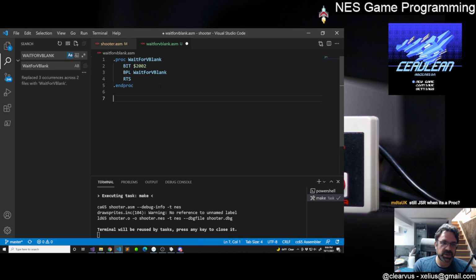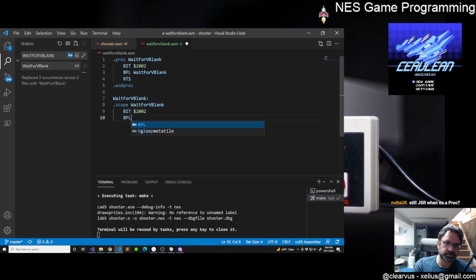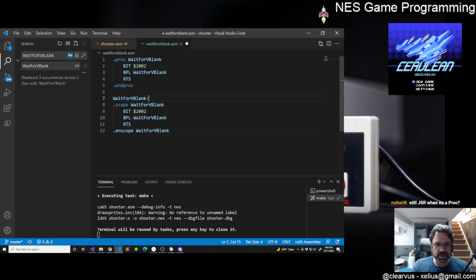What this does is CA65 treats this as wait for v blank colon scope wait for v blank. Then you get your code, right? Then it ends the scope. So it's just like a shortcut way of writing this, and it encloses everything in scopes. So it saves lines, and then you don't have to remember to put things into scopes yourself, so you don't have to worry about